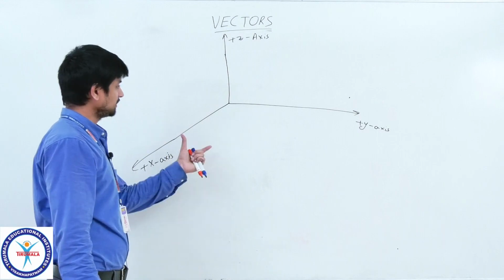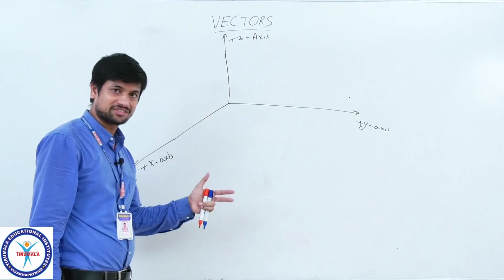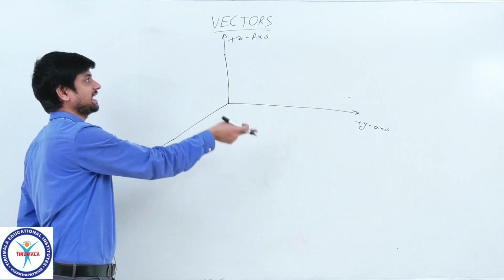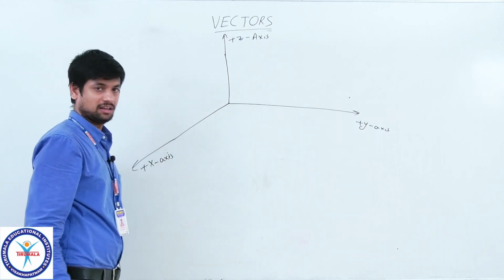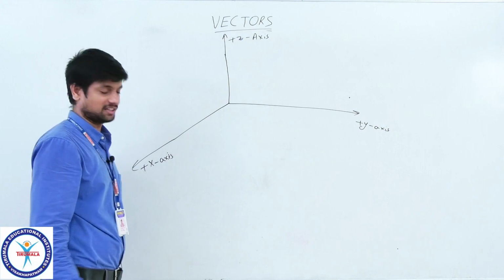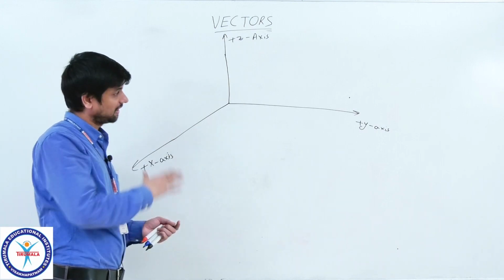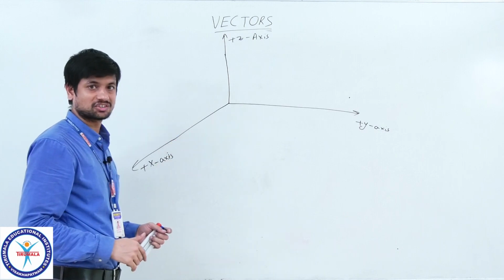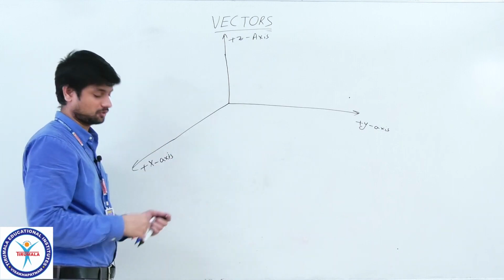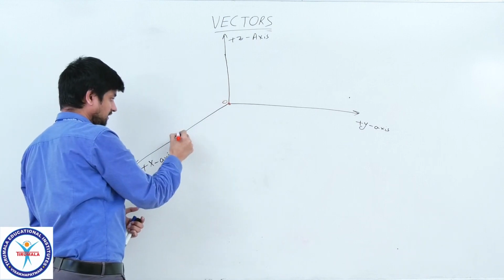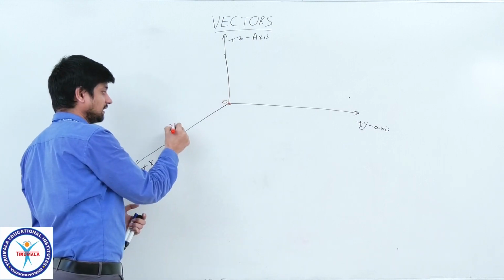See children, here we have 3 dimensions. Till now we have discussed 2 dimensions, right? 3 dimensions, x axis, y axis, z axis. So, how the vector is being represented? That means along x axis how much its projection, along y axis how much its projection, along z axis how much its projection. So, see here, from the origin it intercepts the x at x naught,